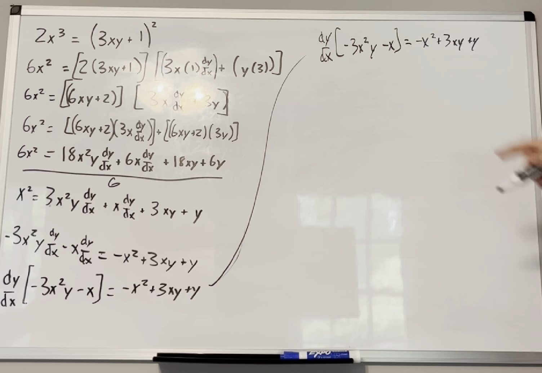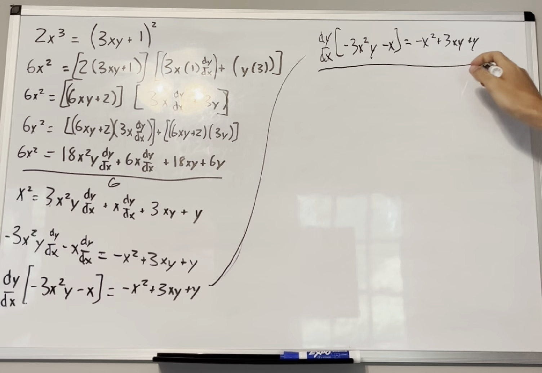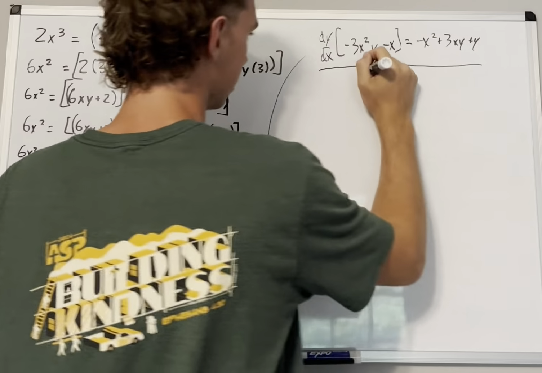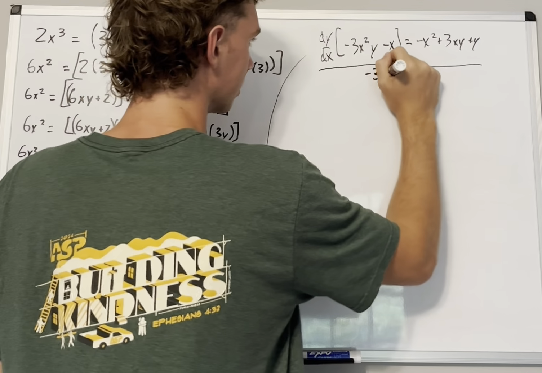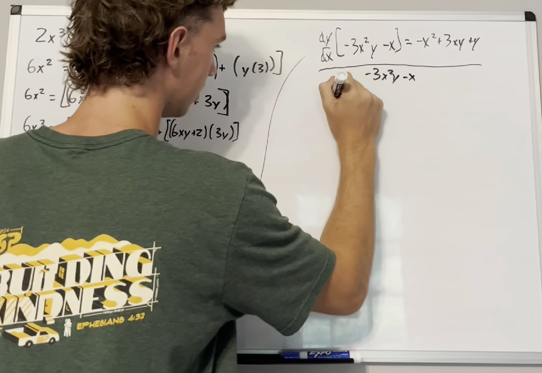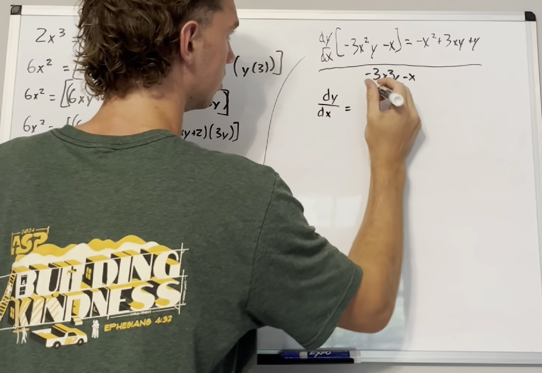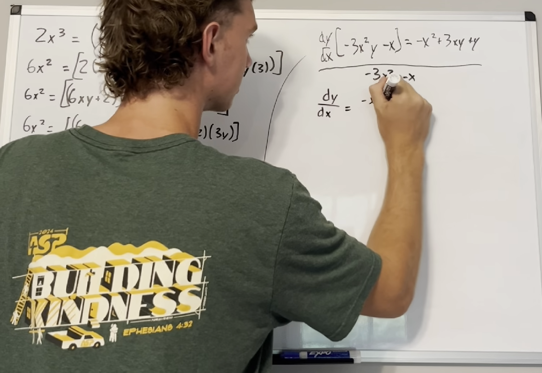And now, this times this, we have to get these alone, so we're going to divide all of this by negative 3x squared y minus x. And then your answer should be negative x squared plus